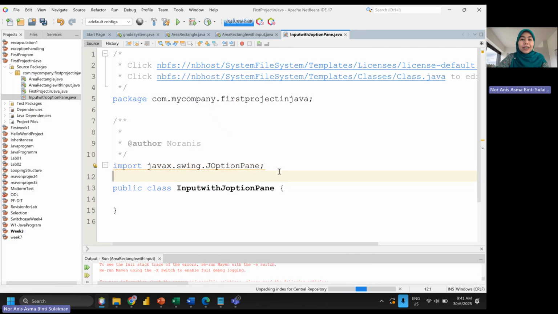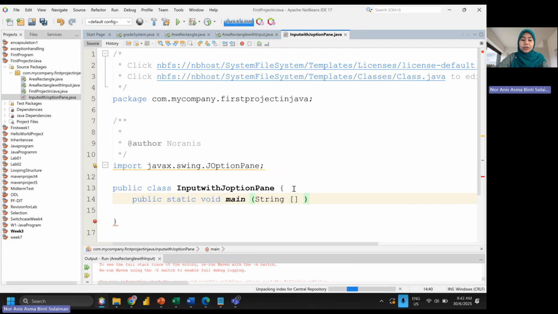This is the package that we need if we want to have a simple interface that displays your output and gets input from the user. I will show you the difference between Scanner and JOptionPane. First of all, you have public static void main as the main method, String args.